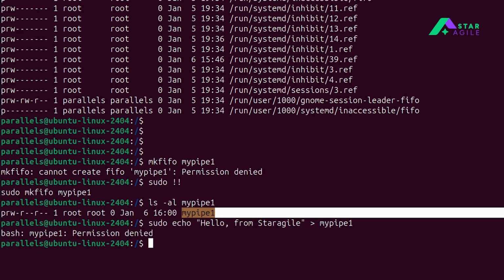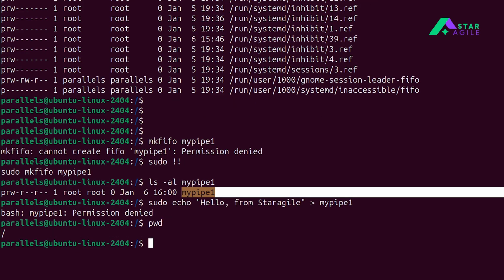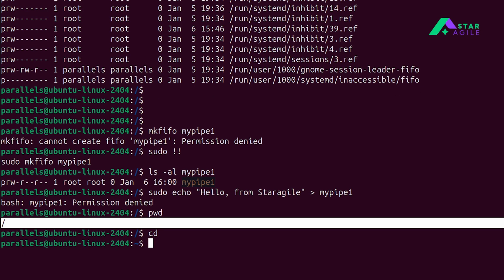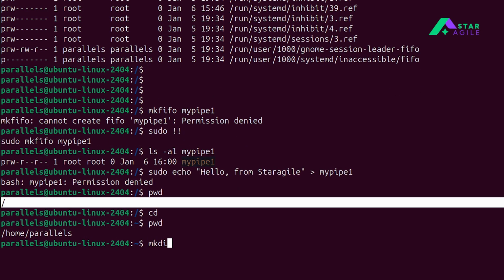Okay, so there is a permission error because I am making the changes in the root directory, which is not allowed for a normal user to access. So I'll go back to my home directory, and that's where I'll create a new pipe, and then we'll do the operations on top of it. mkfifo